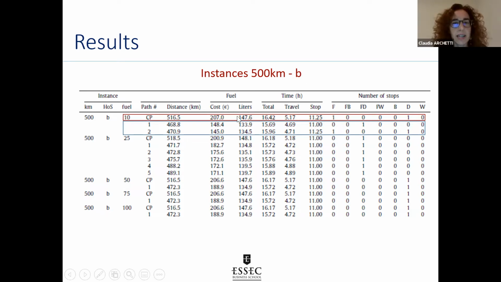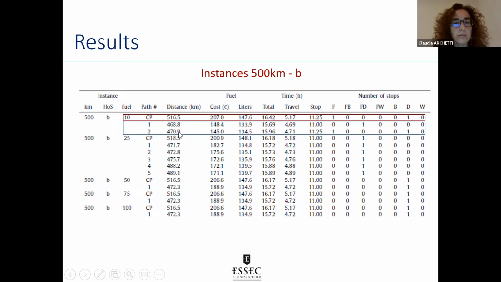For example, here the highlighted lines are the solution of the current practice algorithm and the 2 non-dominated solutions or paths determined by our algorithm for the case in which the fuel level is 10% full at the origin. So you see the current practice algorithm drives a path which is 516.5 kilometers long, and the fuel cost is 207 euros, and the duration is 16.42. And it makes a break for refueling and a break for a daily rest. Instead,